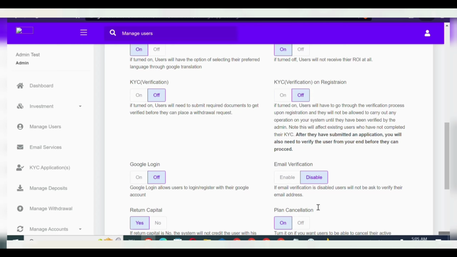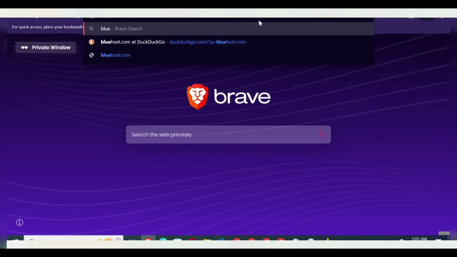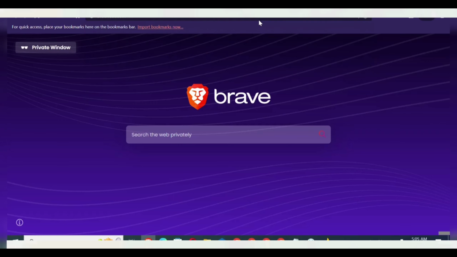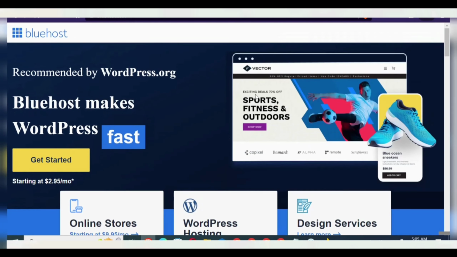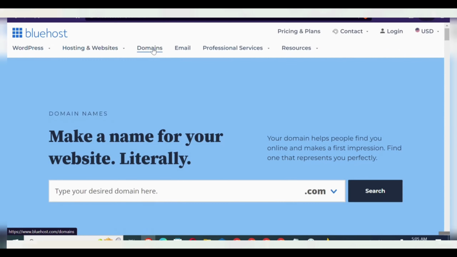Now that said guys, let's say for instance you want to get a new domain for yourself or for your client. So you can actually come over to bluehost.com and see if you can get a new domain for yourself. So remember, we are building a Bitcoin investment website, so we just have to get a domain related to that. So let's say I want to use coin